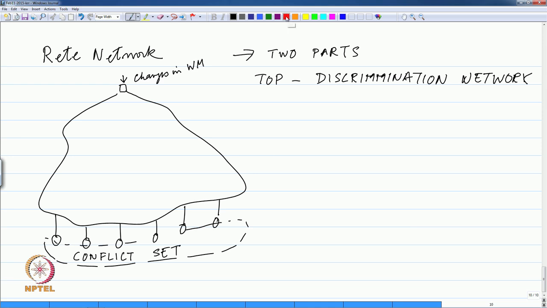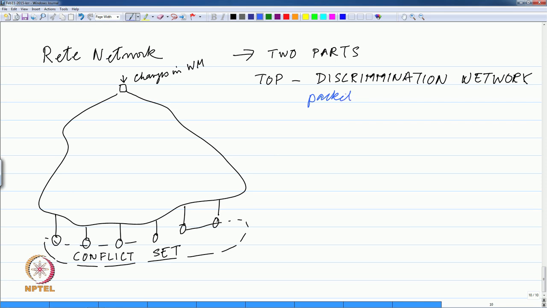Basically, if you like the analogy of networks, it is like a packet switching network. And the packet in question is a working memory element,